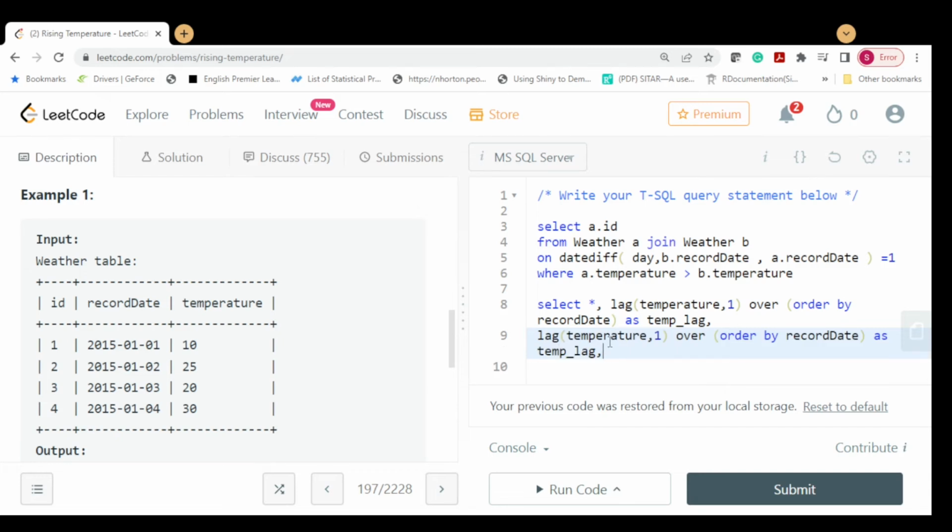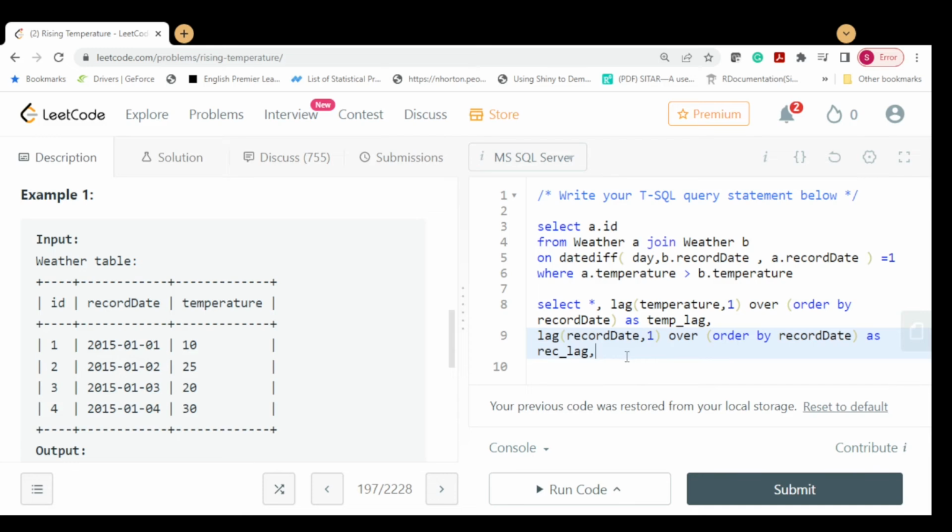So lag record date, and again lag 1, order by record date. As, let's give it a name of rec record lag. Okay,